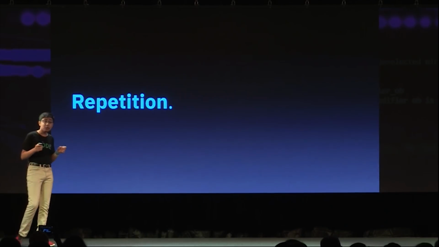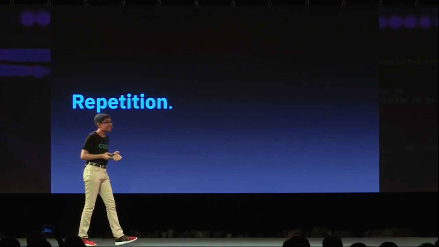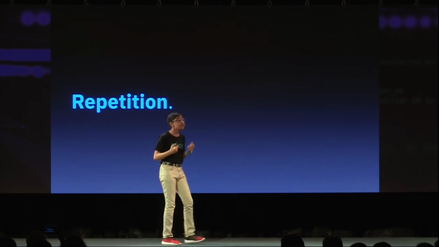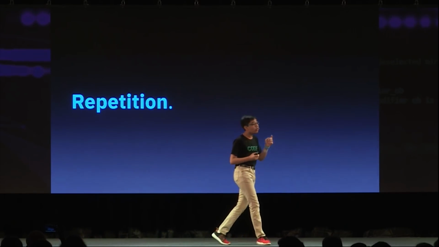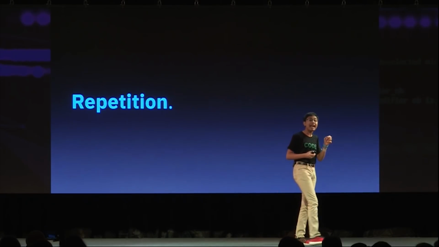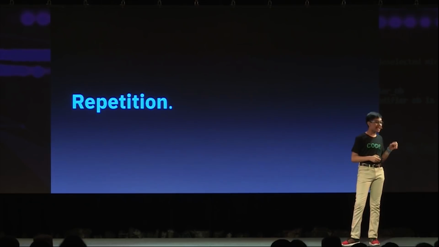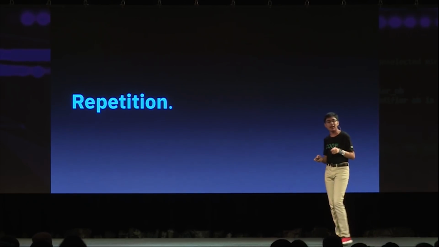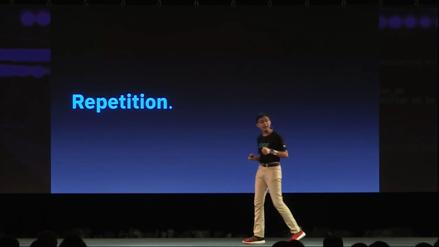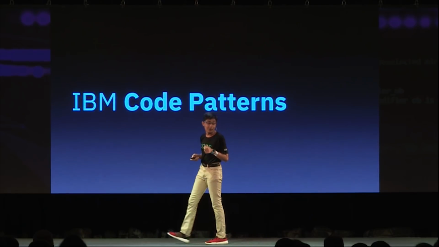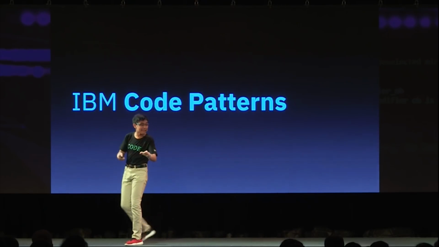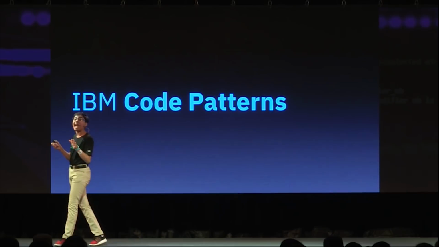And especially when you're doing machine learning development. Because when you're designing a neural network, you don't care about the code. You only care about the techniques and the algorithms that go behind that code. And so that's why today I'm really excited to be talking about a brand new initiative by IBM called IBM Code Patterns. In fact, again, I'm going to be showing you IBM Code Patterns in action today.